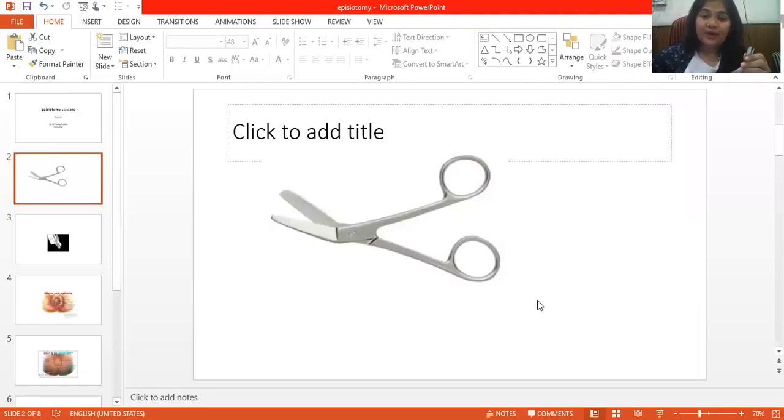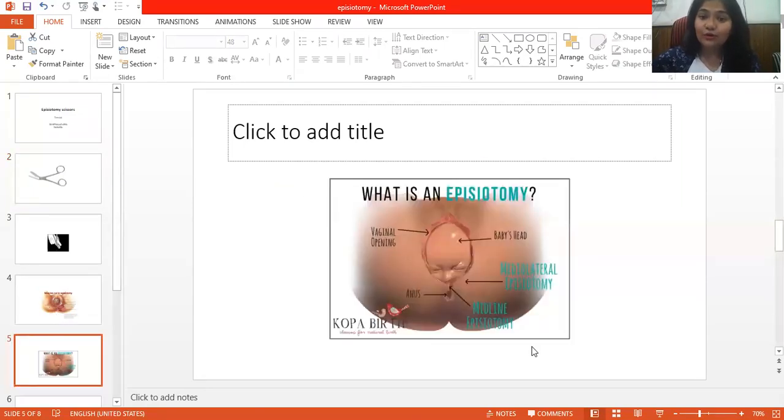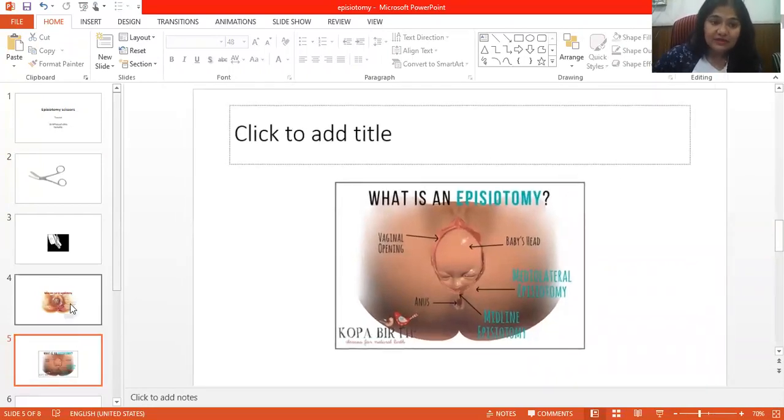Now, as you can see here, this is a typical episiotomy scissor, right? So, episiotomy is nothing but a surgically planned incision which is made on the perineum, right? So that in the second stage of labor you make a little larger passage for the fetal presenting part to come out, right? So, it's a planned surgical incision, right? Now, let us just quickly go through the anatomy of the perineum, right? Before that, we'll see this slide.